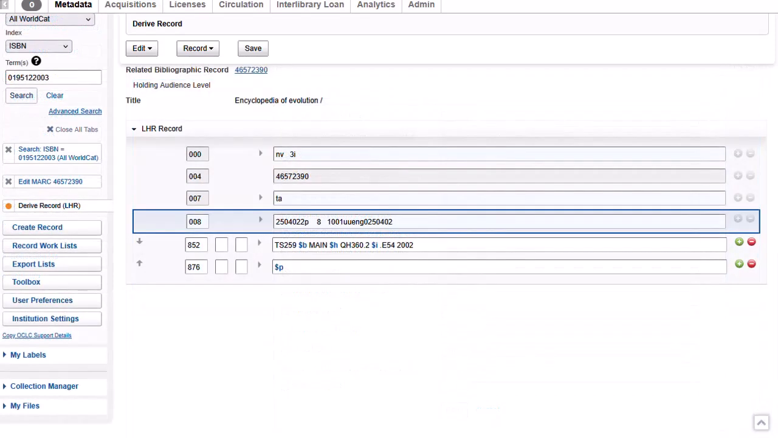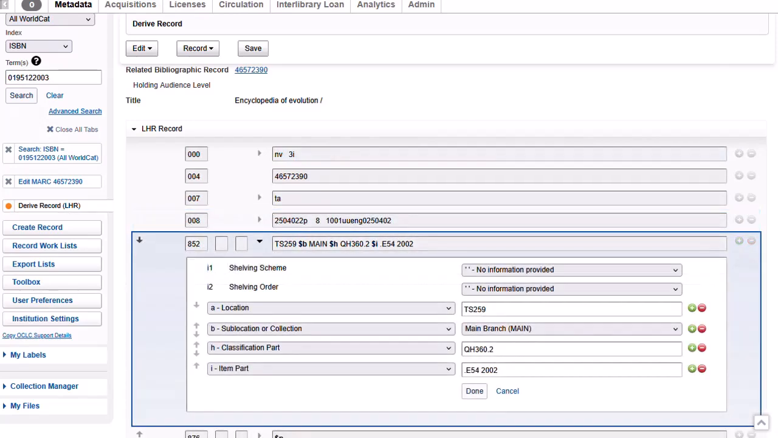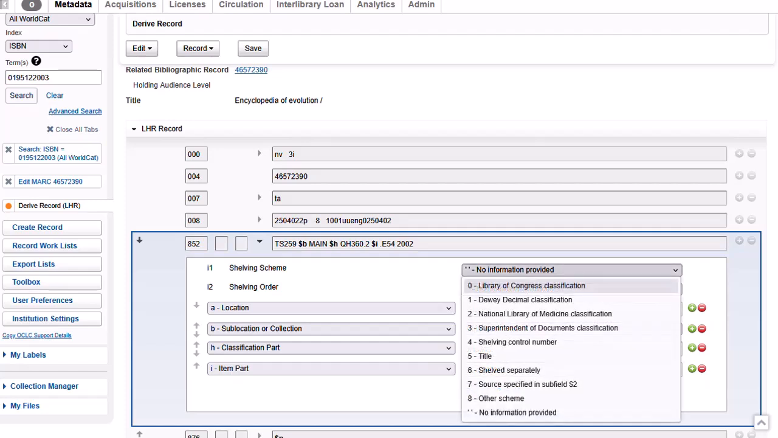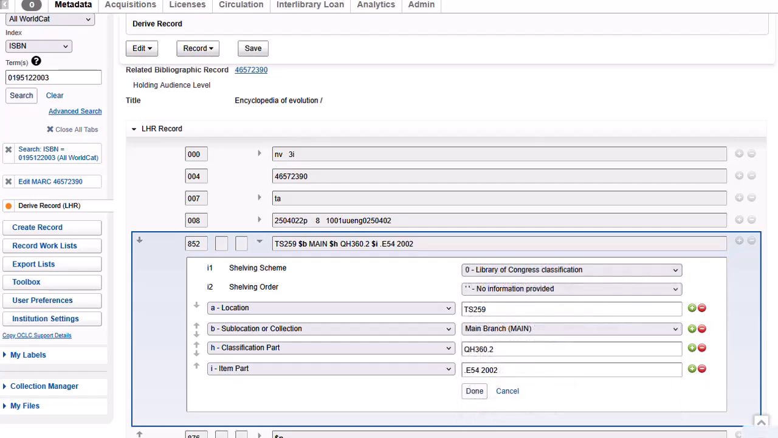Next, I'll expand the 852. This is where the location and call number will go. For the first indicator, I'll select Library of Congress for my classification scheme. I'll leave the second indicator, Shelving Order, at the default, no information provided. Subfield A is my OCLC symbol, and it is already populated by the system. Subfield B, the sublocation or collection, is set to my default, the main branch. But I could change this by clicking the drop-down if these volumes were to be added to a different branch